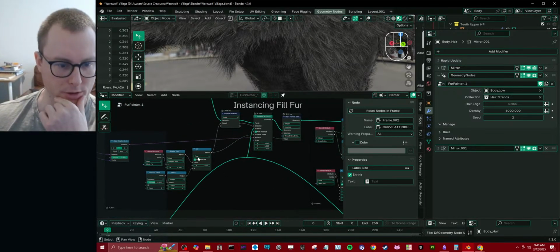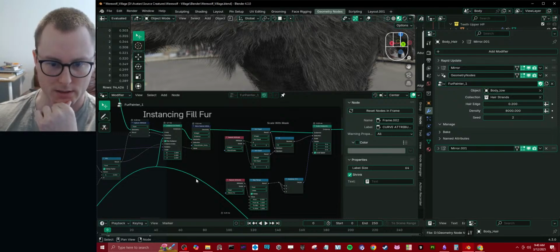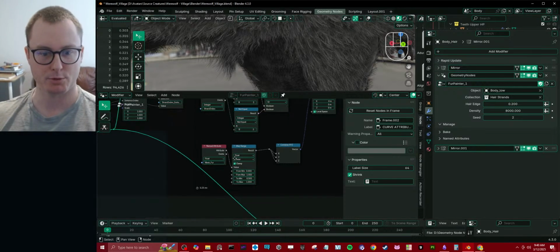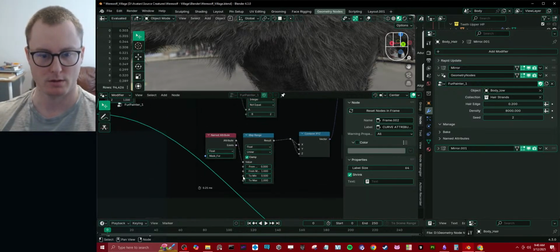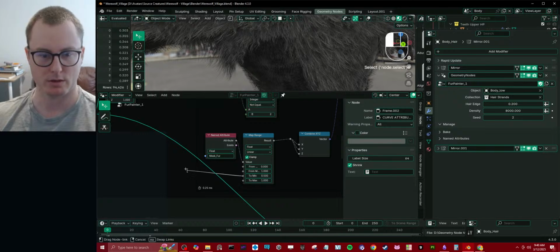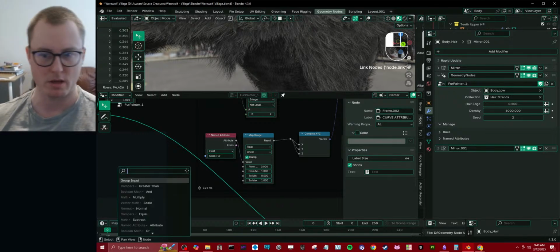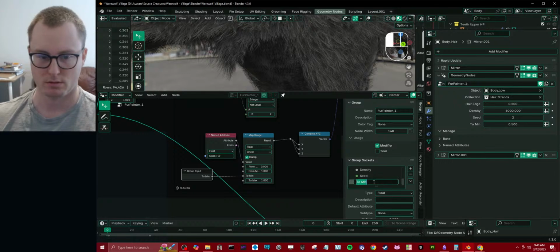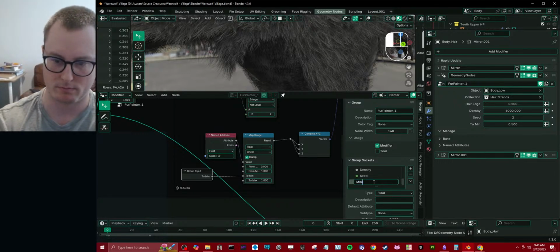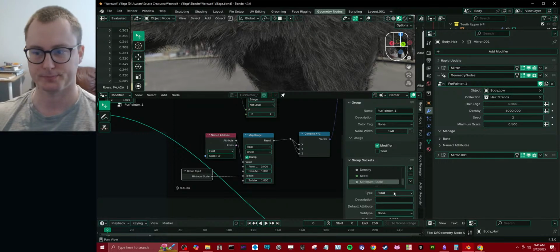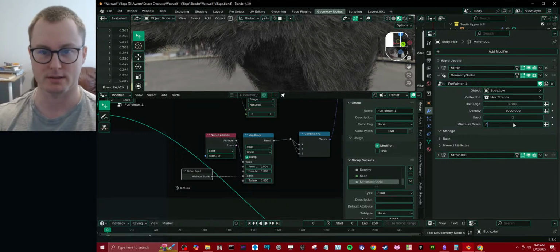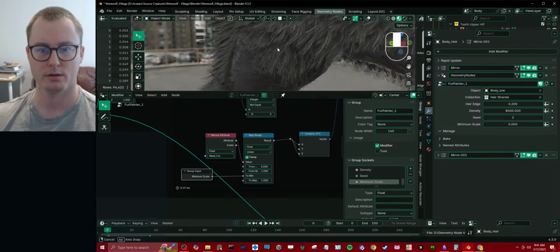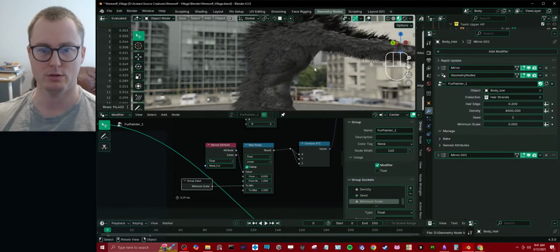Now we're filling in the fur here. Not really much to control. Well, we do have the scale with mask option right here, this one value. And I guess we would call that something like minimum scale. So we could set that to a 0. And yeah, we get a lot smaller chunks. But I actually really do not want it to affect